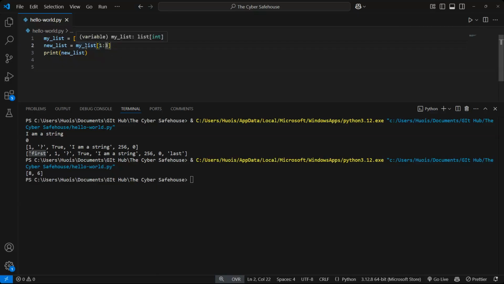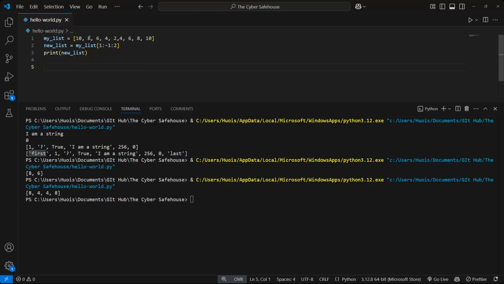So if I had more numbers here, let's say 2, 4, up to 10, and I put stop at minus 1 at the end, and have a step of 2, you can see this will take every second element starting from index number 1 with a step of 2. So now it's going to stop at 10. If I run this code now,